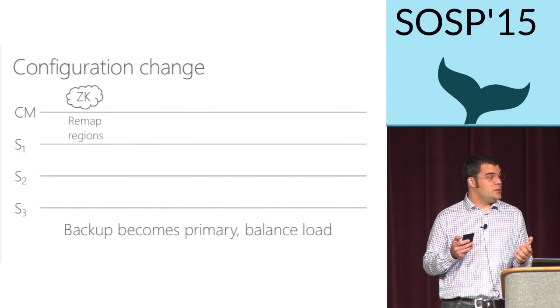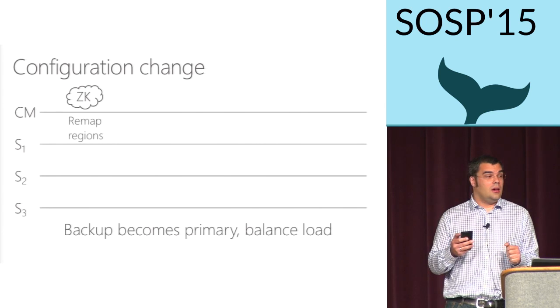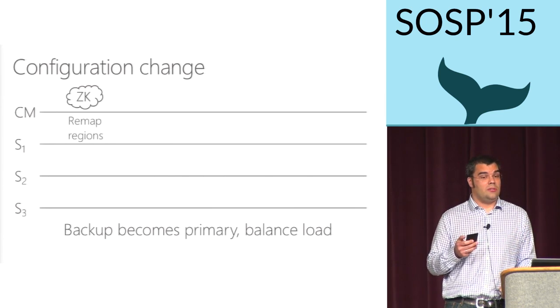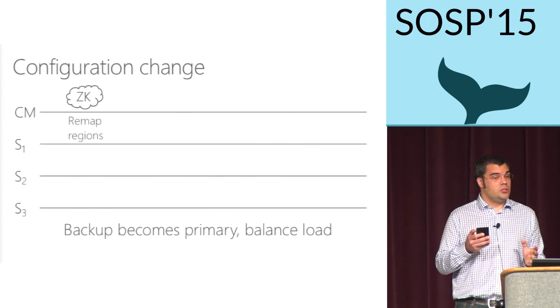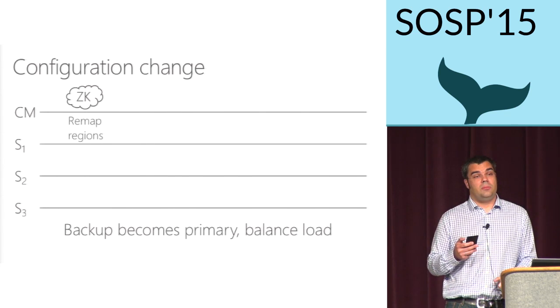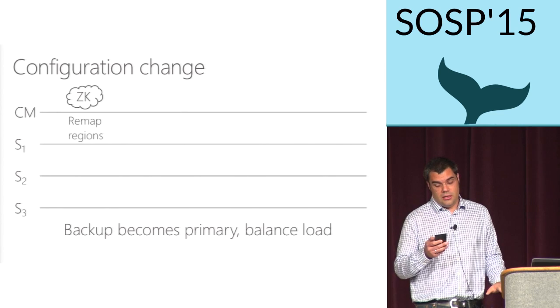As I already mentioned, the backups are promoted to primaries, and so the data is available for accesses on the primaries very soon after the failure. And it also balances the backups that now need to be recreated across the cluster, basically to allow recovering data in parallel and speeding up the data re-replication.